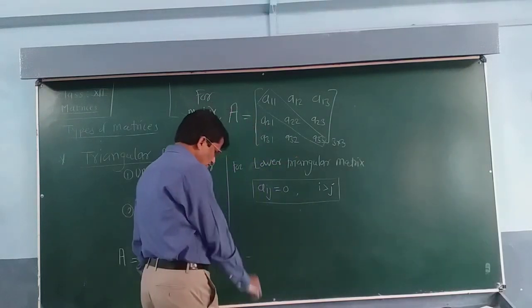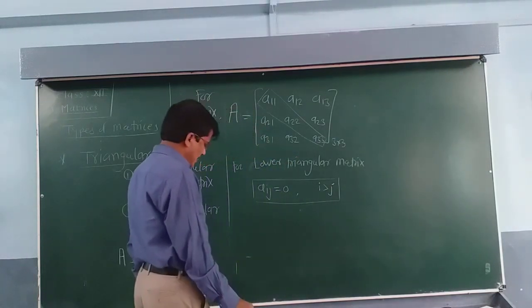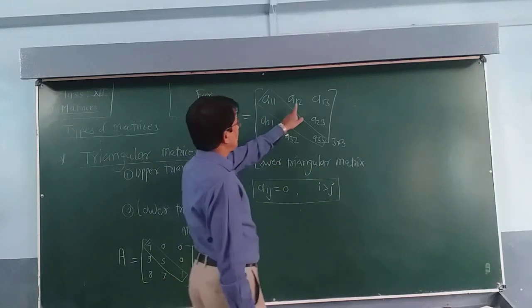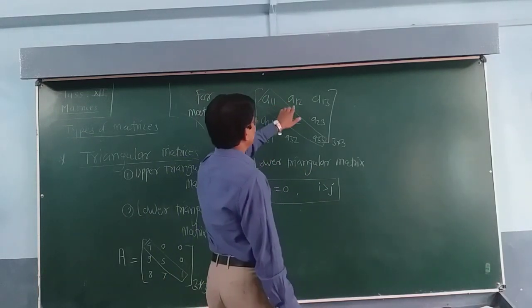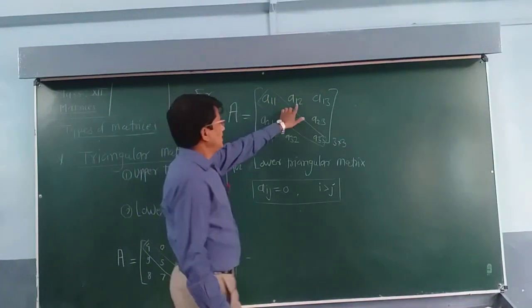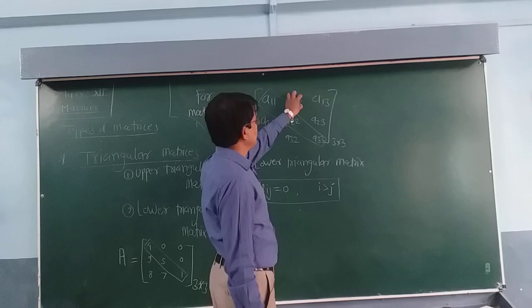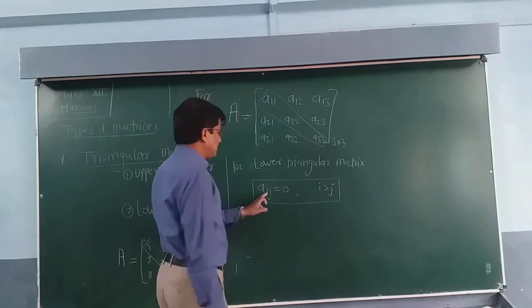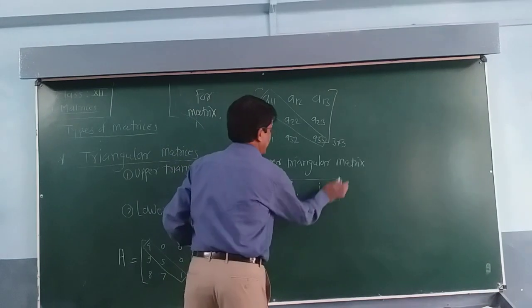For a lower triangular matrix, what is the condition? The elements above the diagonal, this is our principal diagonal, must be 0 at this position. This position must be 0, this position must be 0, and this also. So elements equal to 0 for i